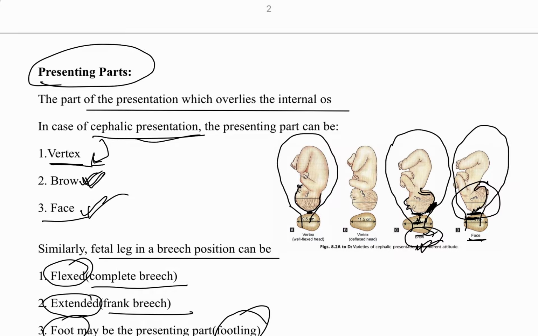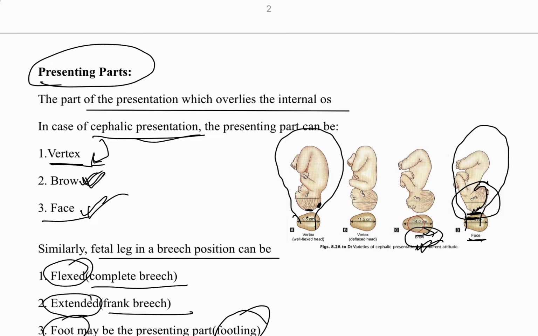overlying the internal os, like in this first picture here, the vertex is overlying here, right? Then the occiput is called the denominator. If it is in brow presentation, like this third picture here, then the frontal eminence is called the denominator. And if it is in face presentation here, then the chin